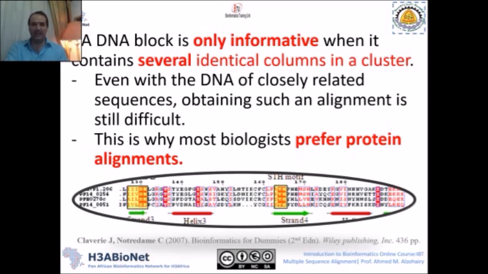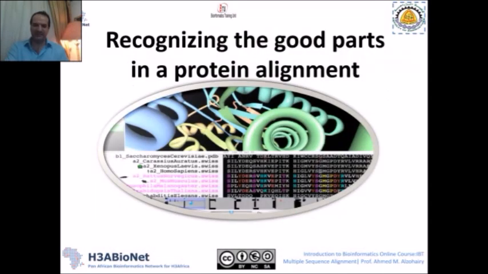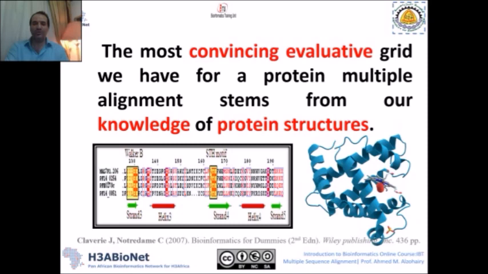Even with DNA of closely-related sequences. So, of course, that's why we always prefer to take a look at the protein multiple sequence alignment, because even with a small number of conserved columns, it means something. So how do you convince yourself and convince other people that these few conserved columns give you a